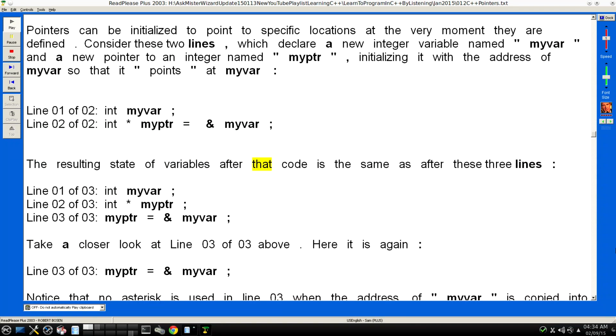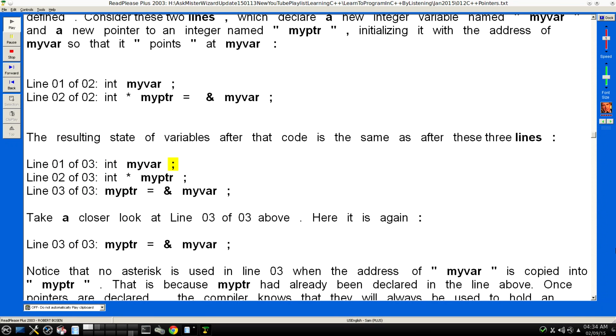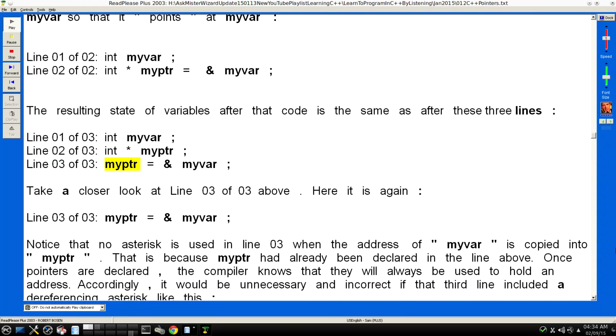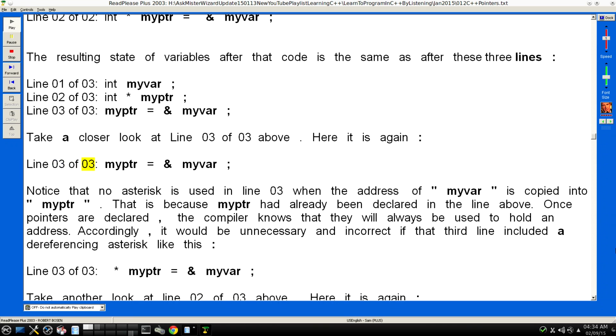The resulting state of variables after that code is the same as after these 3 lines: Line 01 of 03: int myr; Line 02 of 03: int *myptr; Line 03 of 03: myptr = &myr; Take a closer look at line 03 of 03 above. Here it is again: Line 03 of 03: myptr = &myr;